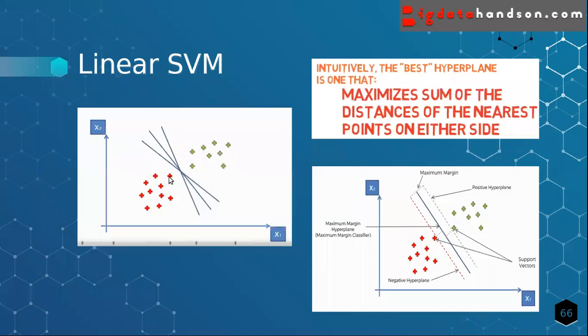We take these two points as the support vectors. That's why the algorithm is called support vector machine. The line is drawn based on the support vectors. We select the support vectors, draw the maximum margin, and select the maximum-margin line based on the support vectors on both sides.